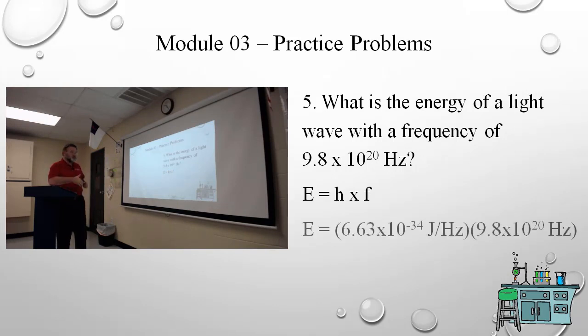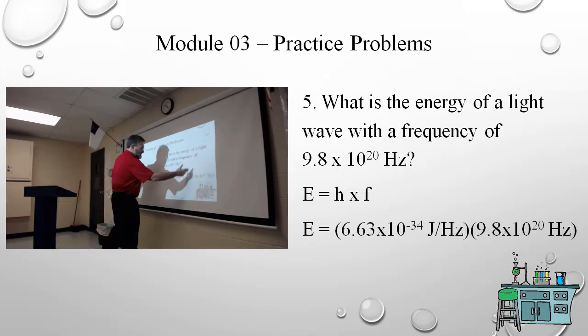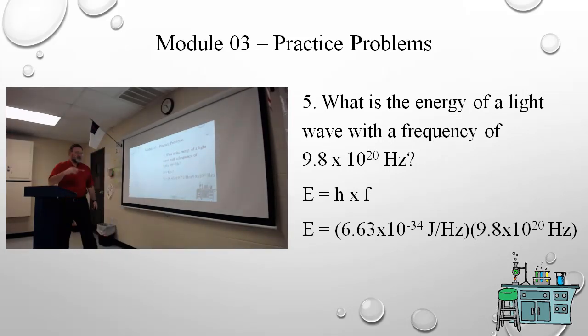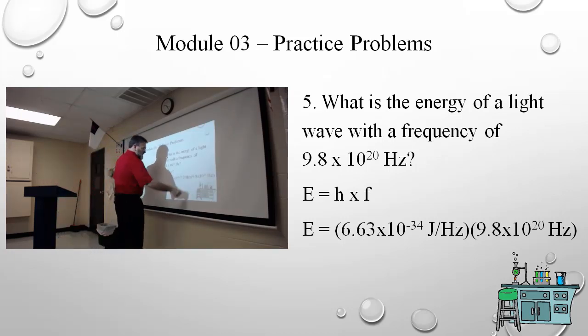And I know some of you, even though you wrote it out, then you put a divide sign in there. You know, and you get -50, something to the -54th or 53rd. Okay, if you write down H times F, make sure you do the right mathematical process when you actually work it out. So 6.63 times 9.8. Do you see that that's a little bit less than 10? But for our estimation, let's go ahead and say it's times 10. So 6.63 times 10 would be